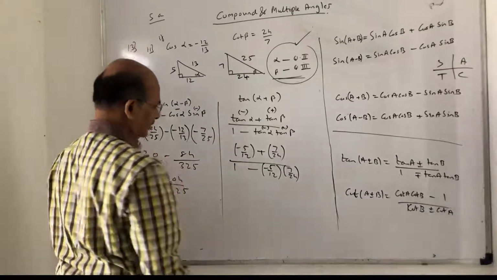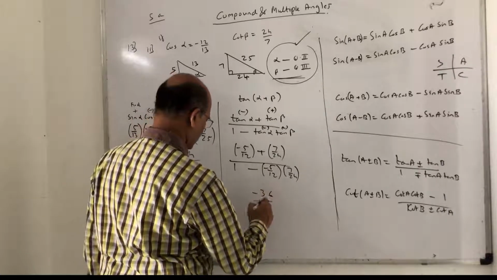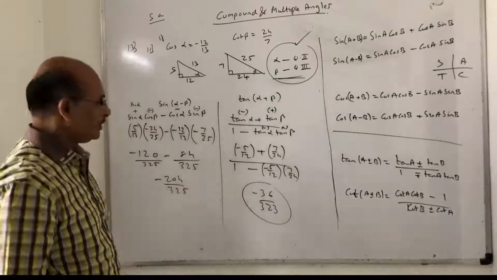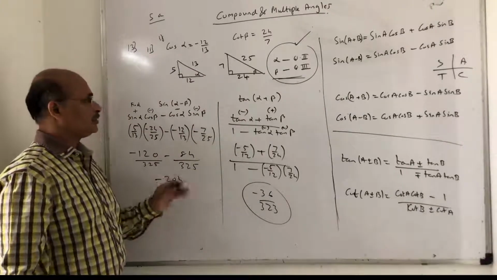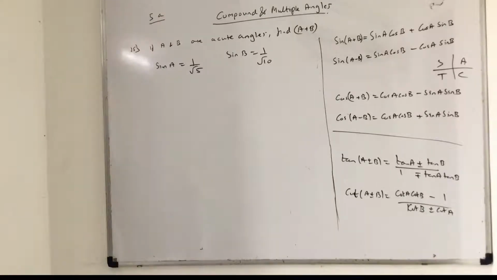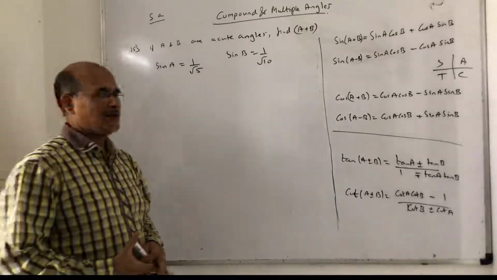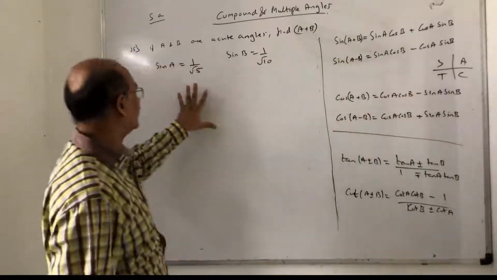So check out this answer. Don't you think you got this minus 36 upon 323? Are you getting the correct answer? Okay. Check it, this is basic calculator skills actually. So just note it down as we go on. Okay children, now as we go on, you will see the level of the questions slightly rising up. Definitely just focusing on these formulas, and we can get the answer.